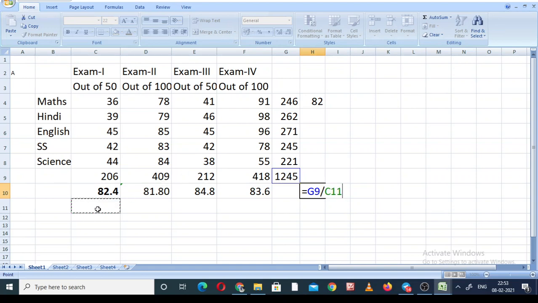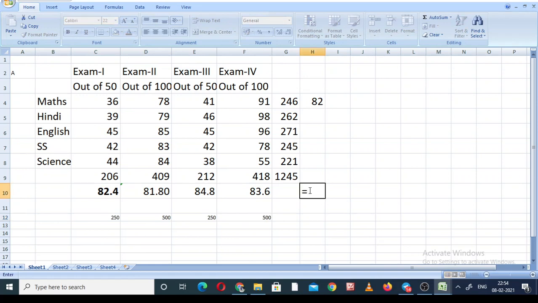Maximum marks, let us come, term exam first was 250, 500, 250 again, and 500. So the total aggregate maximum marks are 1500, and student A scored 1245.